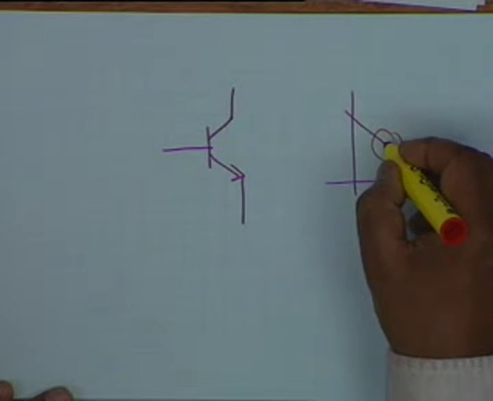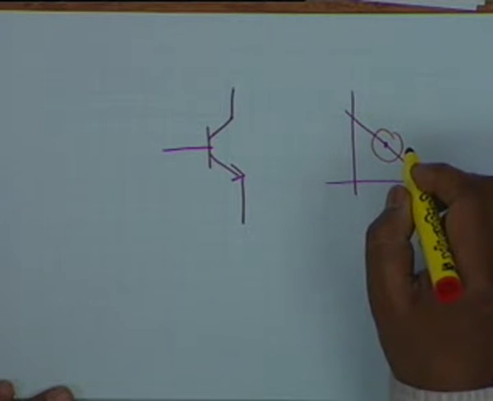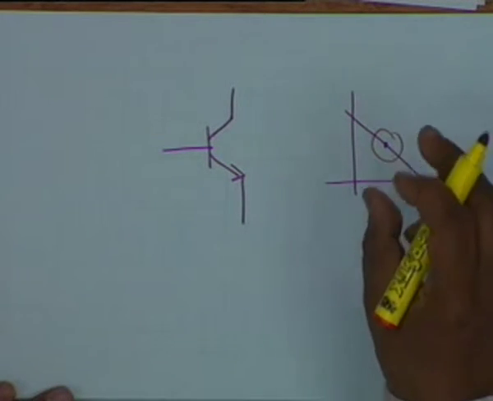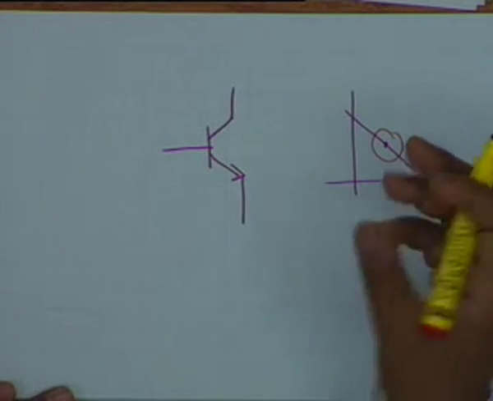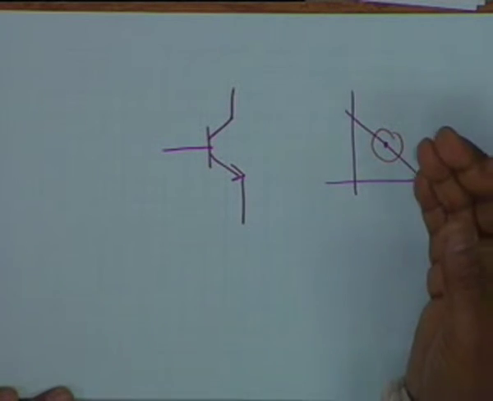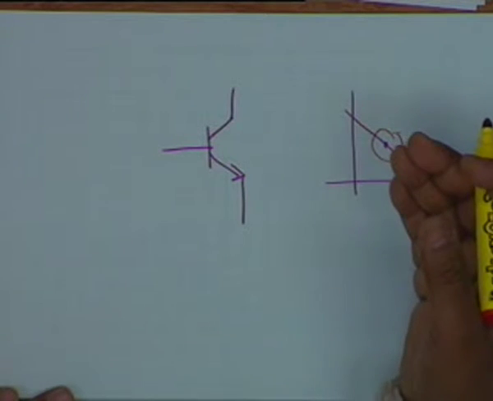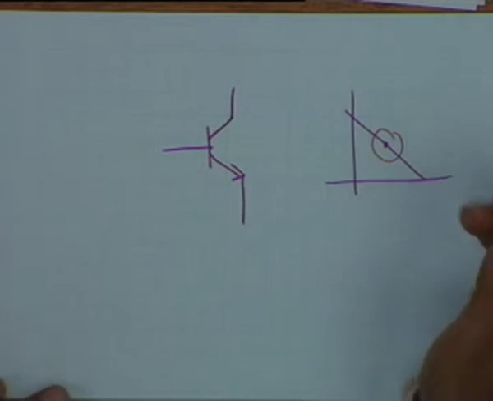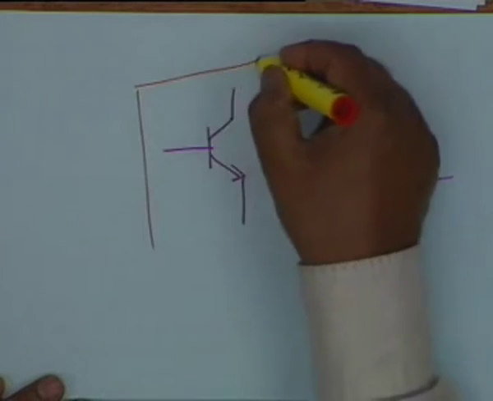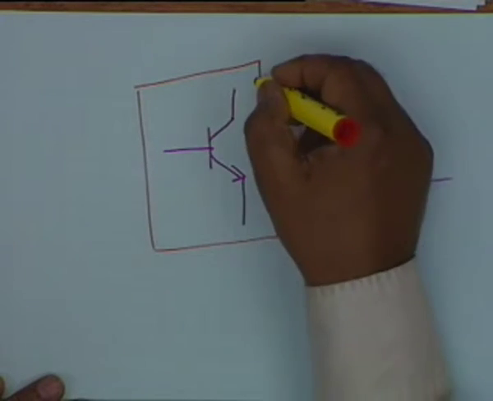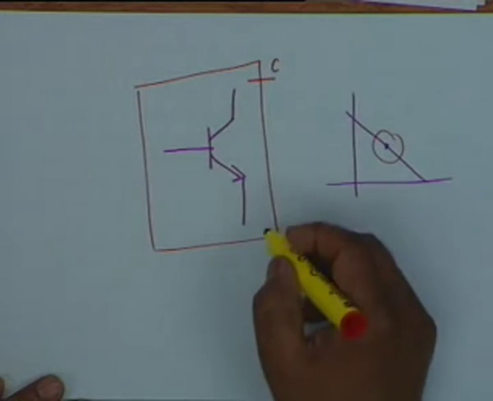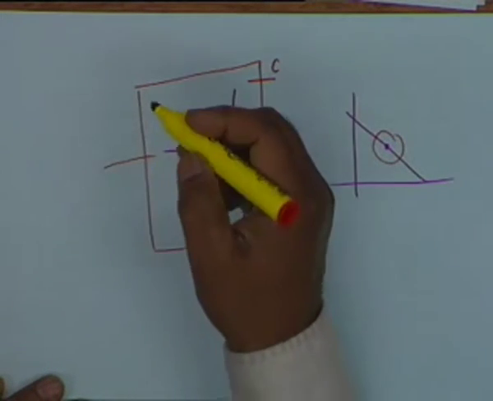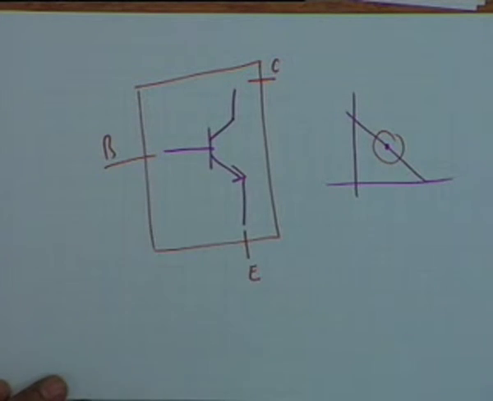That is, at this Q point there is a certain value of IB, base current. We want to superimpose an alternating current on this and find out what is the corresponding change in the collector current. And we have seen that there is current amplification. All right. So let us say we enclose this within a box. All right, and we have three terminals: the collector, the emitter, and the base. And you see, this is a 3-terminal network or a 2-port network, which can be characterized in various different ways.